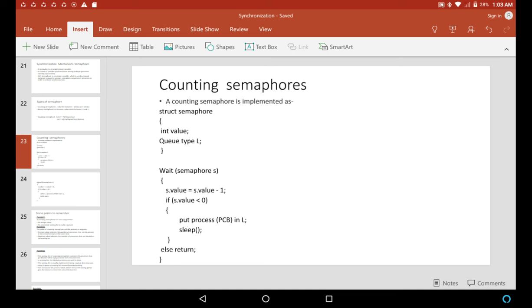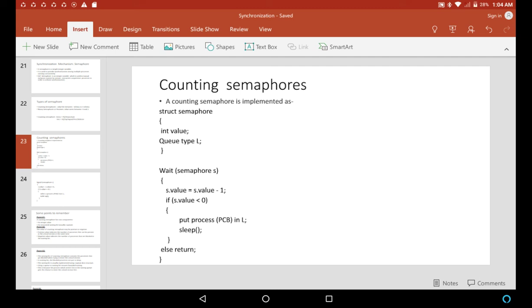As we have seen, P is also known as the wait operation. Just below the structure of semaphore, the wait operation is expanded. So what exactly is written in wait? Wait in brackets semaphore S, where S is a variable given, and then some part of code is mentioned here. At the time of entry, wait should be executed. Initially, the critical section is totally free. To enter the critical section, a process needs to execute this wait semaphore.